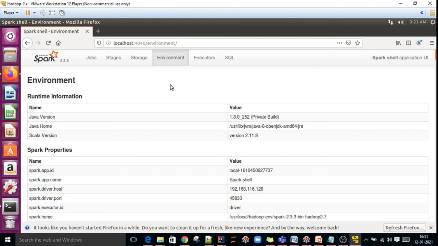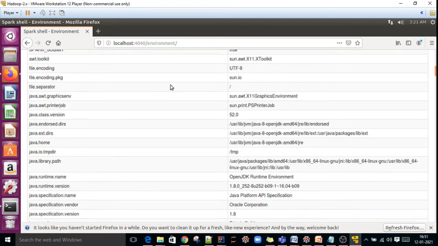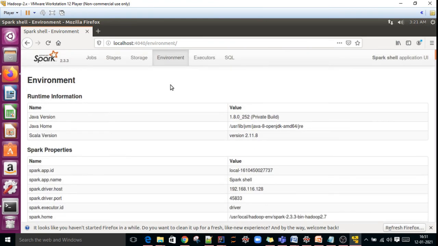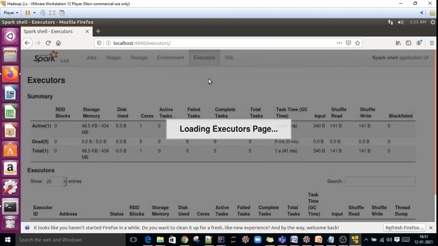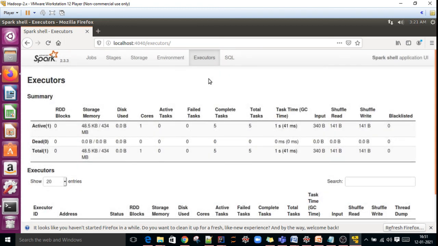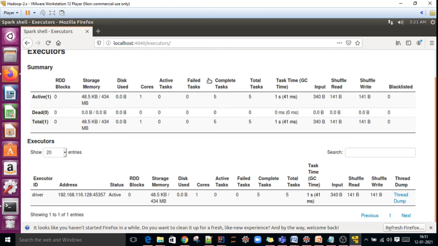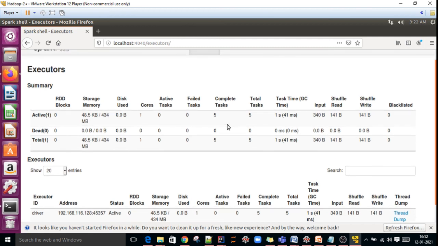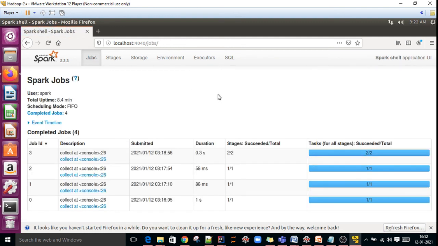Environment: all the information about the environment, Spark submit. Executors: for our code, how many executors, how much memory it has taken, how many cores our executor has. What is the input size? 340 bytes. So all these things you can see here. This is the Spark UI.